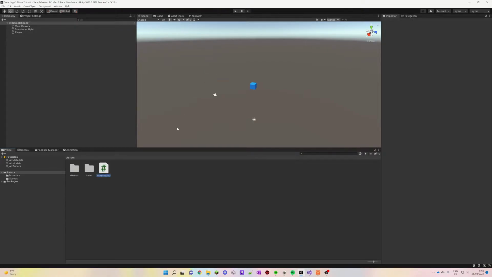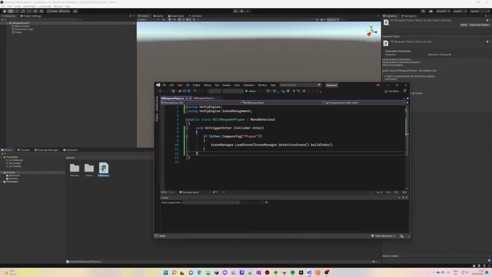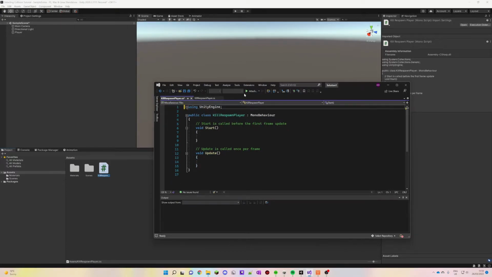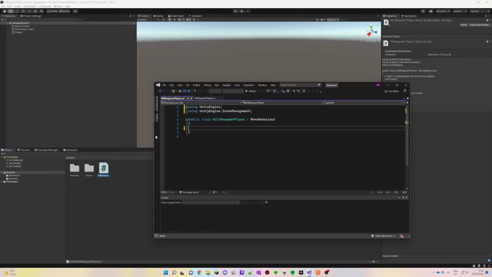You can call this whatever you want. I'm just gonna call it kill respawn player, and then open it up. Oh, sorry. And then you can delete these two using tags and add using UnityEngine.SceneManagement, and then you can delete these two functions and add void OnTriggerEnter, and then we want to